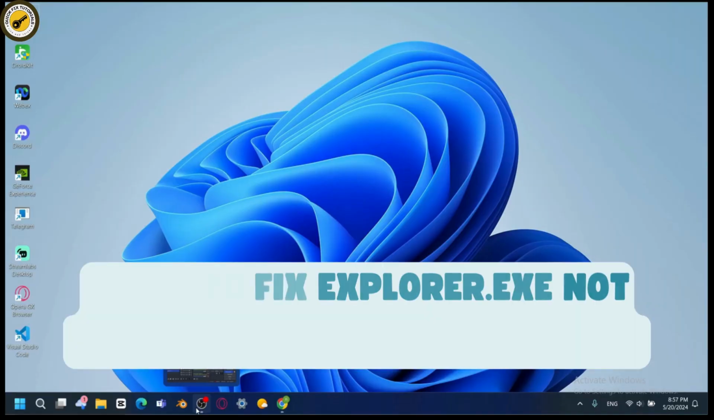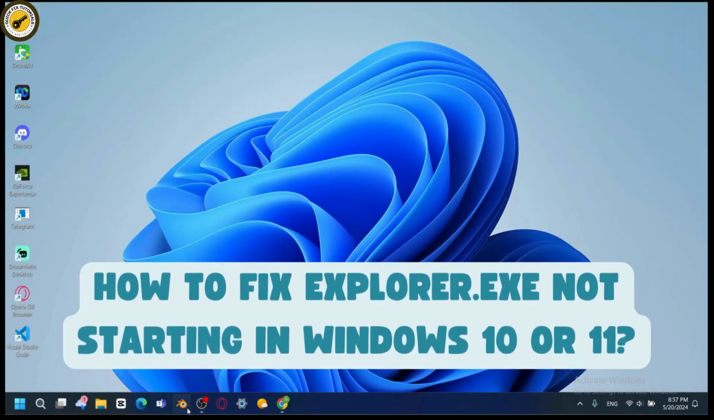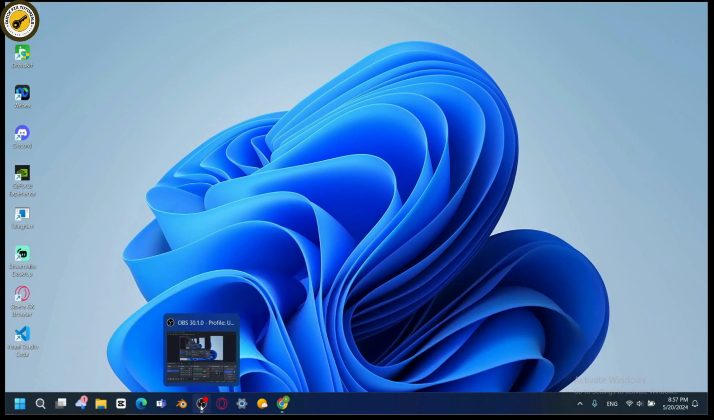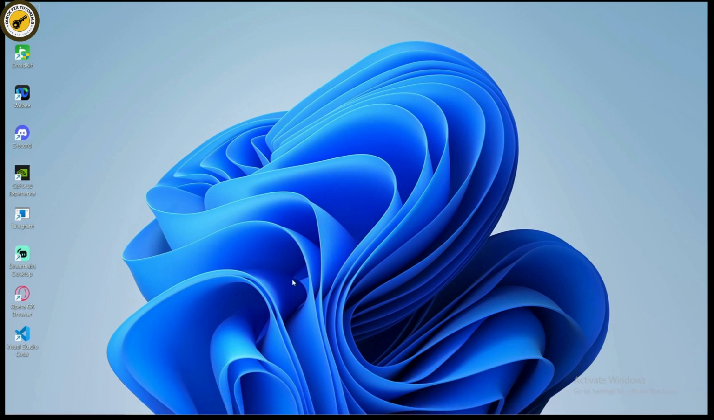How to fix Explorer.exe not starting in Windows 10 or 11. So if you're facing a problem with Explorer.exe not starting on your Windows, so here you can see I have opened my Windows. For those who don't know what Windows Explorer means, Windows Explorer or Explorer.exe is basically your taskbar, your user